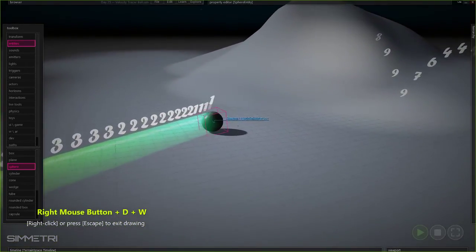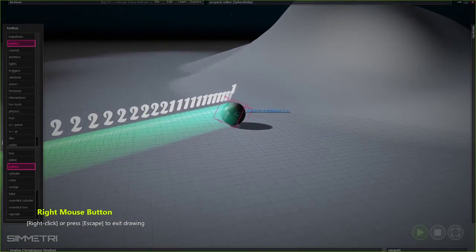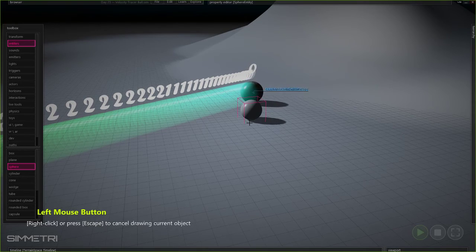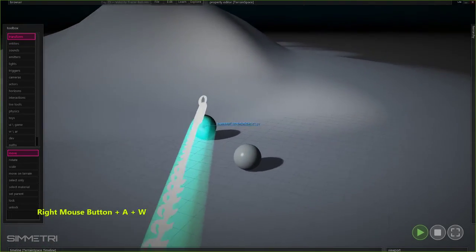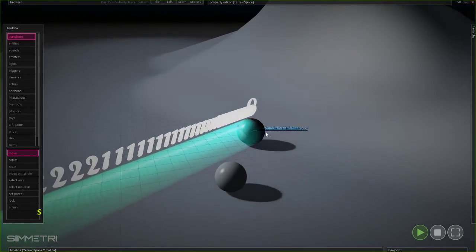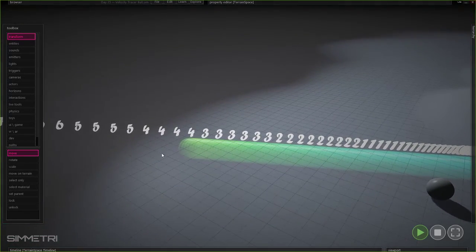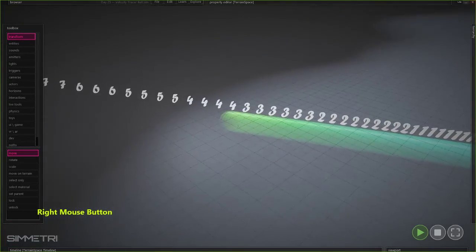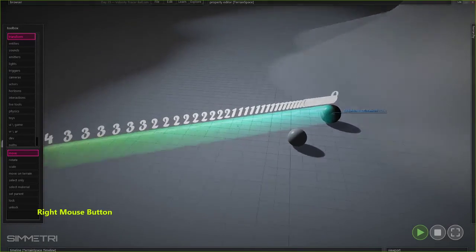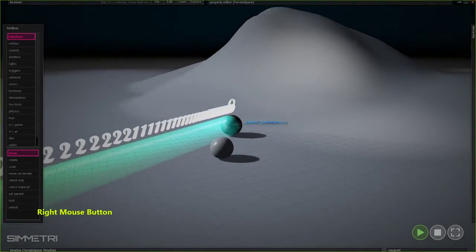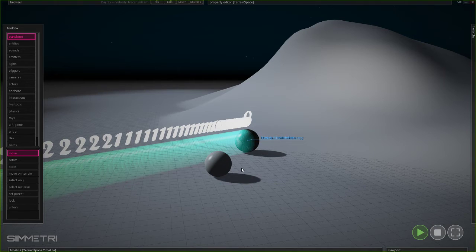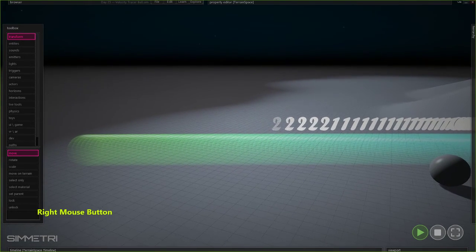We are on day 25 of 30 days of symmetry. Today's lesson is going to be combining the physics and scripting to create this cool color tracer ball. There's another tutorial that covers a good portion of this that's already up on our YouTube channel. And what we're going to do is add in something that we haven't done up to this point, which is